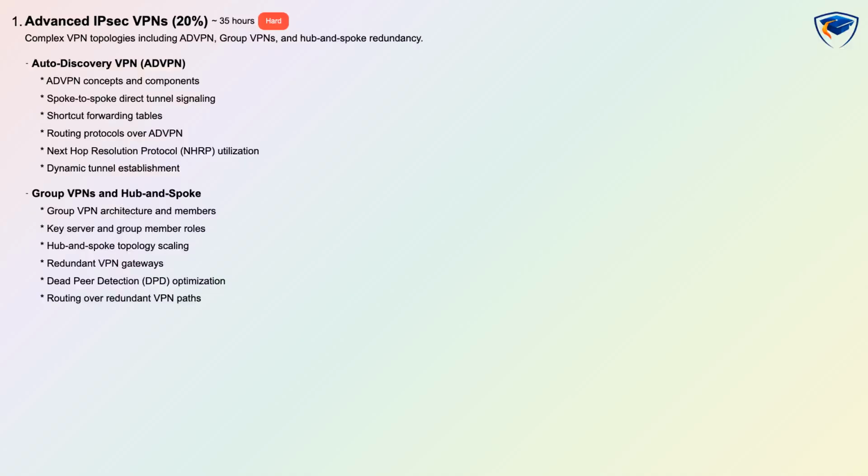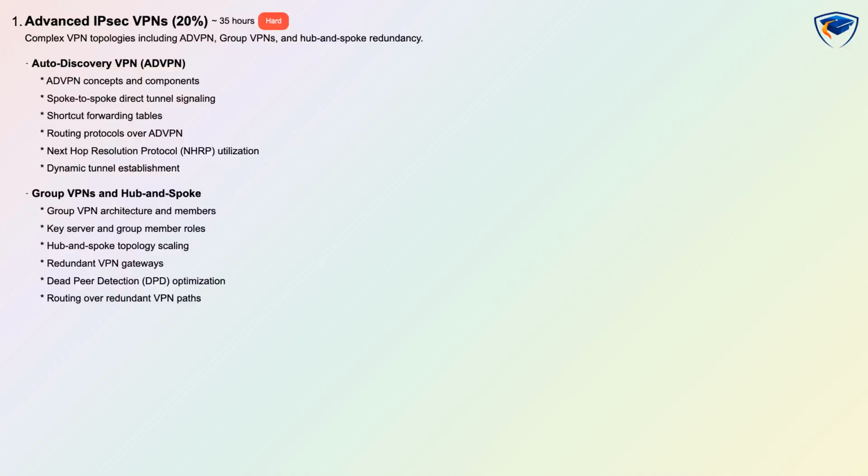Scenario-based. You will learn complex VPN topologies including auto-discovery VPN or AD-VPN concepts, spoke-to-spoke direct tunnel signaling, and shortcut forwarding table behavior. The syllabus covers routing protocols over AD-VPN, next hop resolution protocol usage, and dynamic tunnel establishment along with group VPN architecture, key server and member roles and hub and spoke redundancy. Practical scenarios include redundant VPN gateways, dead peer detection optimization and routing over redundant VPN paths to ensure scalable, resilient